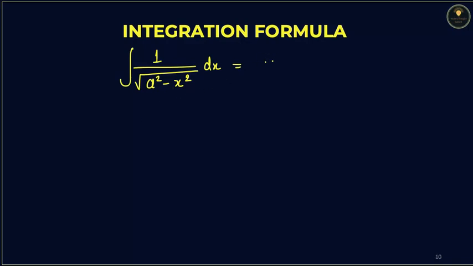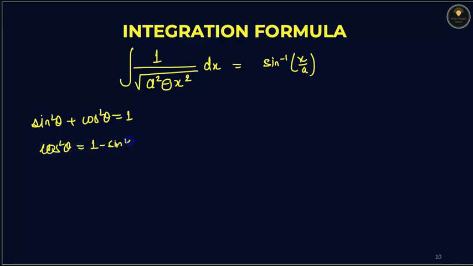So in this integration, we have to find the integration of 1 by root over a square minus x square dx as sine inverse of x by a. So if you can see here, we are having minus, which means that if I write sine square theta plus cos square theta, that is equal to 1. So if I want to write cos square theta, I will write it as 1 minus sine square theta,